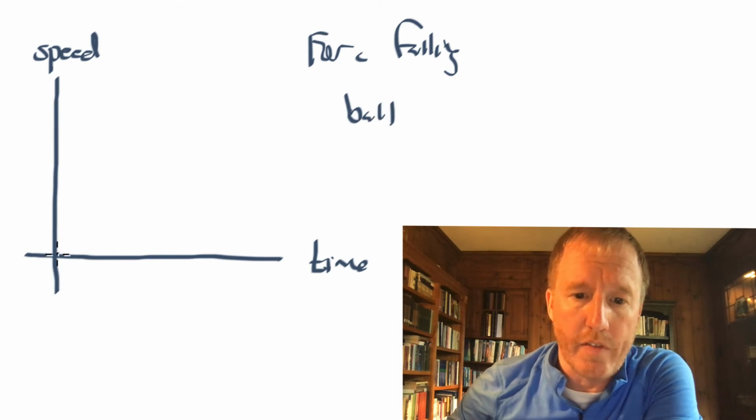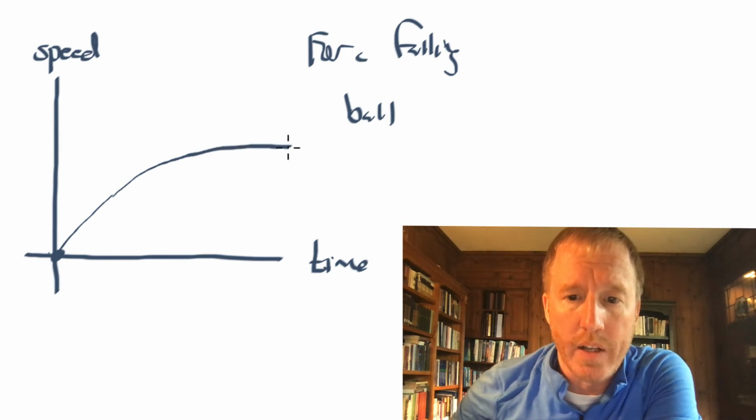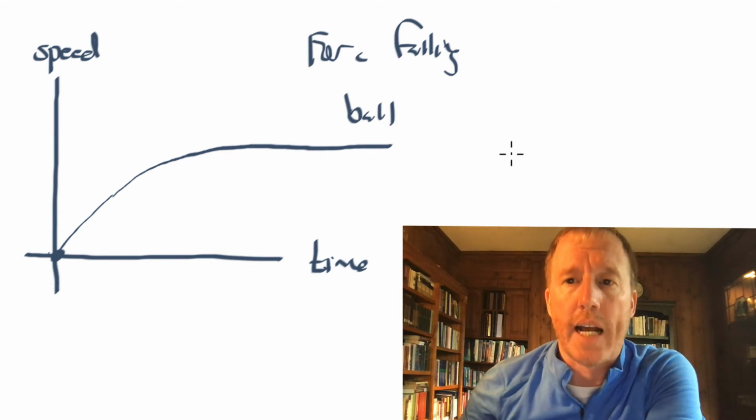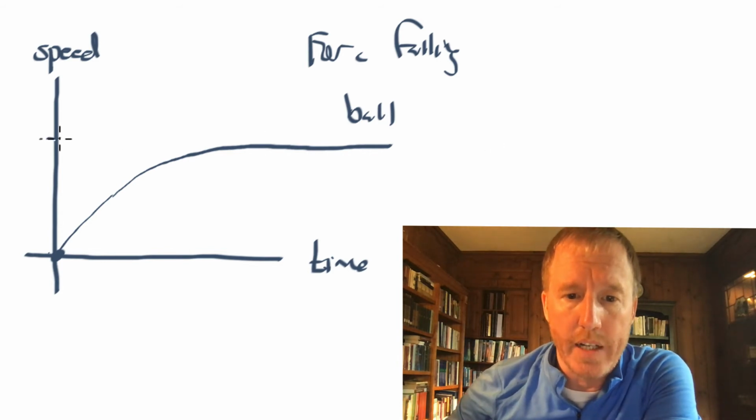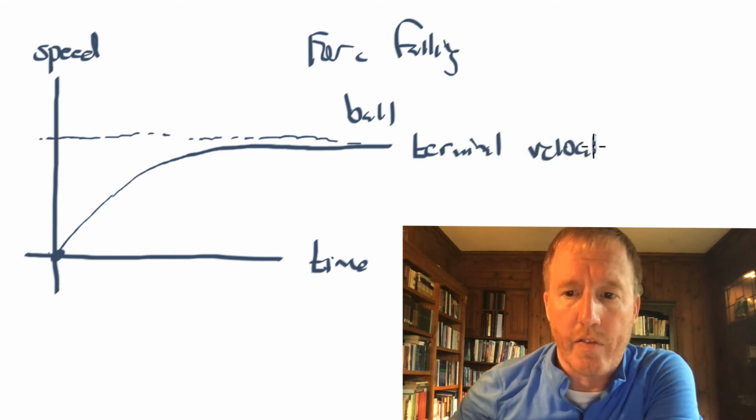Well, what happens is at first, the speed starts increasing more and more. But as it gets faster and faster, there's a drag force that acts between the ball and the air, and that checks the rate of increase of speed. And in fact, at some point in time, the speed becomes constant when the drag force is exactly balanced by the force of gravity. And it is at that point that the ball is said to have achieved terminal velocity, the final velocity that a falling object will acquire.